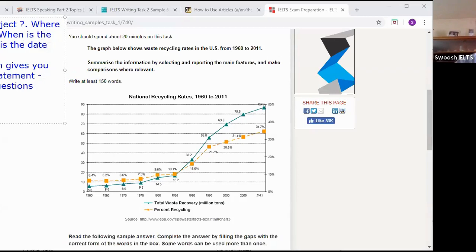I think so many students get worried about using it, and a lot of teachers say, don't use shows, you're repeating. Well, you can repeat some of the information from the question prompt, and shows is perfectly okay if you've rephrased everything else. So don't worry too much about that. Using a different word is not going to get you super duper